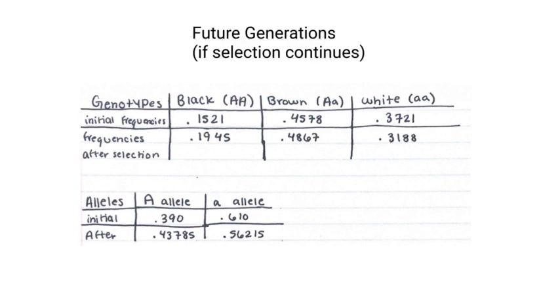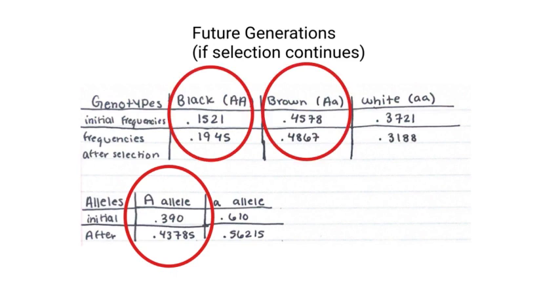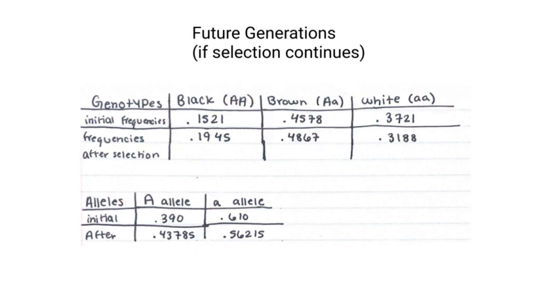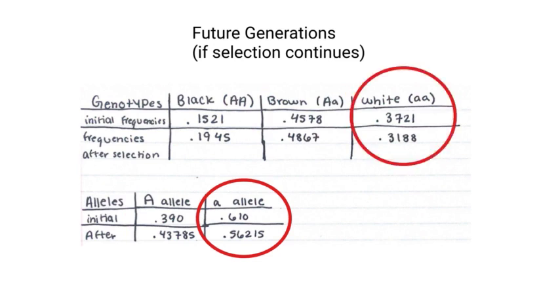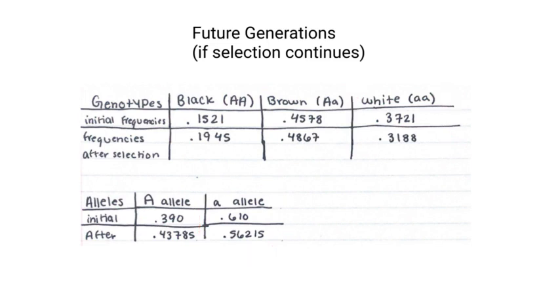After selection, we can see that the frequency for the dominant A allele increases and the genotypes with the dominant A allele increase as well. We can also see that the frequency of the recessive a allele decreases, as does the homozygous recessive genotype, because it promotes a coat color in the horses that allows predators to see them more easily. If this directional selection continues, the herd of horses will eventually be all black with the dominant big A genotype.